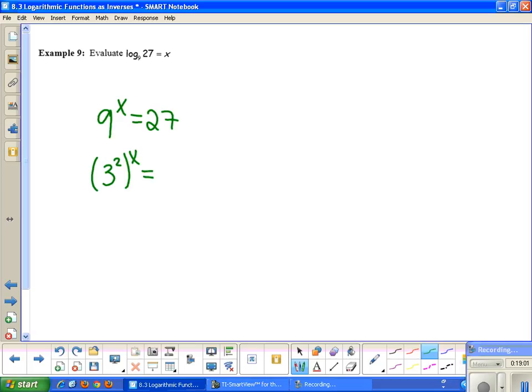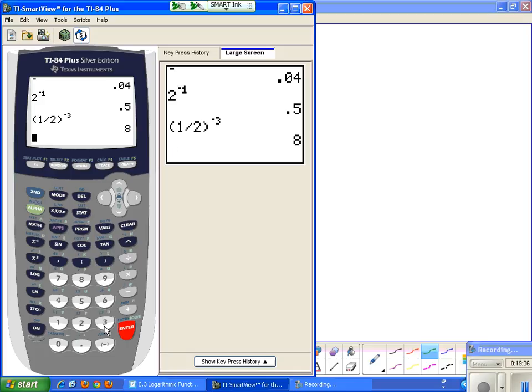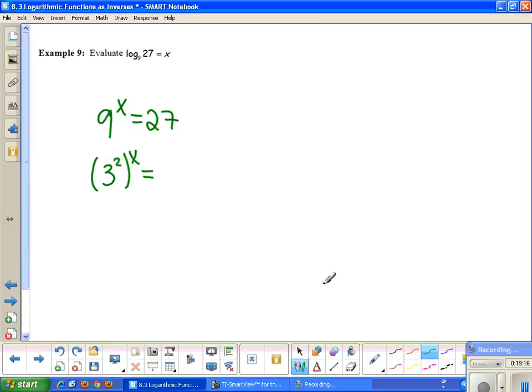So now I need to figure out, well, 3 to what power gives me 27? In this case, 3 to the 1st power is 3, 3 to the 2nd power is 9, and 3 to the 3rd power, you should know by now, is equal to 27. So that's what I'm going to use. Now that I have the same base, I can rewrite this as 3 to the 2x power equals 3 to the 3rd. Since the bases are the same, I can just set the exponents equal to each other. So 2x is equal to 3, so solve for x, and you get x is equal to